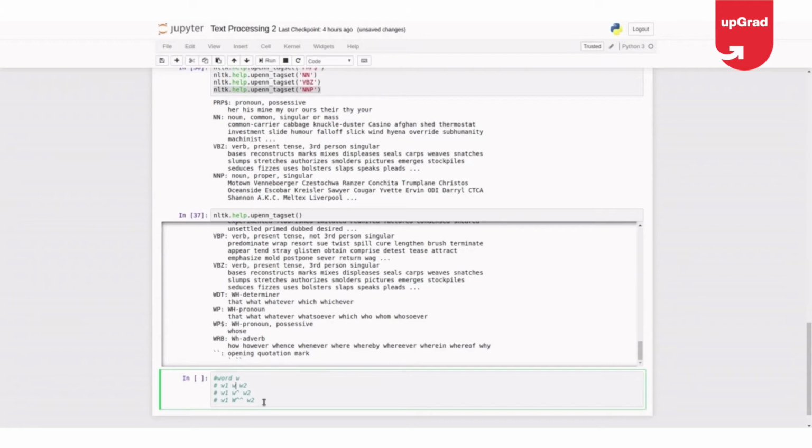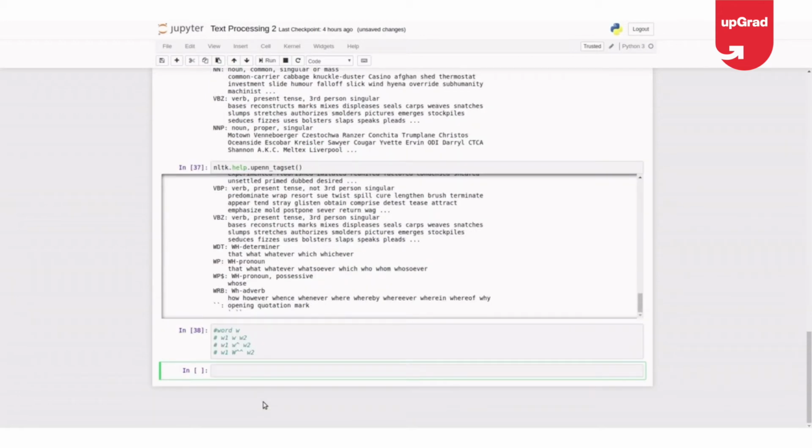Okay, I think we have already discussed the Brown corpus previously. Let me take some corpus words like Brown corpus words. Basically, it's like nltk.corpus.brown, and how do I get words?